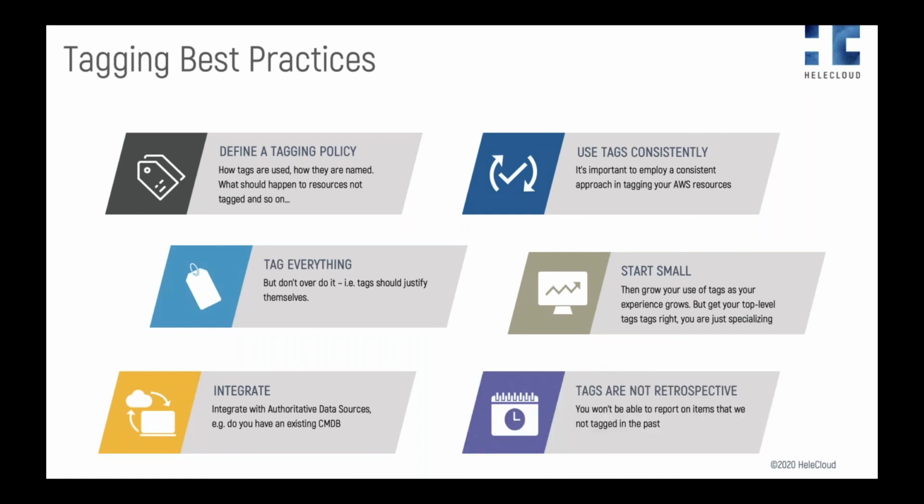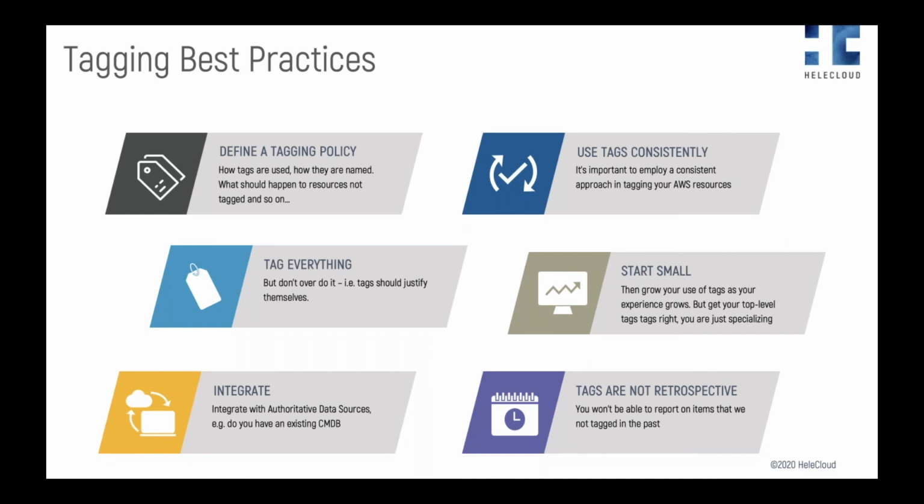And finally, and this is important, when we talk about cost allocation, it's important to realize that tags are not retrospective. So as a result, when you introduce a new cost allocation tag, it takes effect starting from that point in time. The new tag will not apply to past cost allocation reports. Okay, so this has been a pretty quick look at tagging. We'll try and take a more detailed look at tagging in a future event that we do.